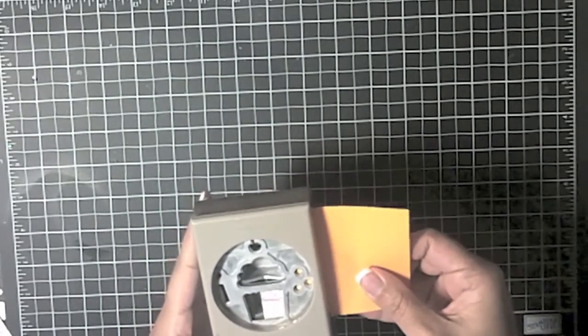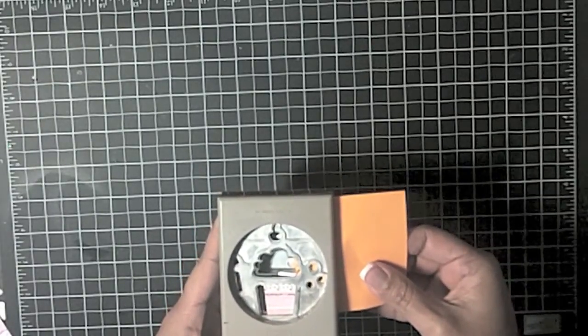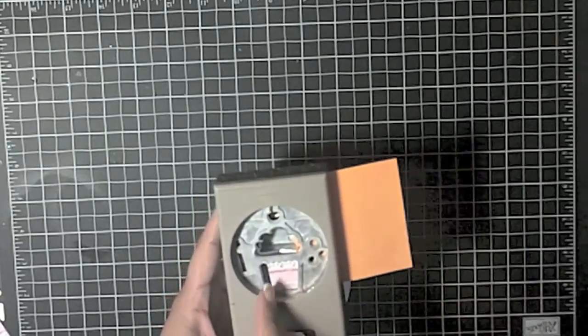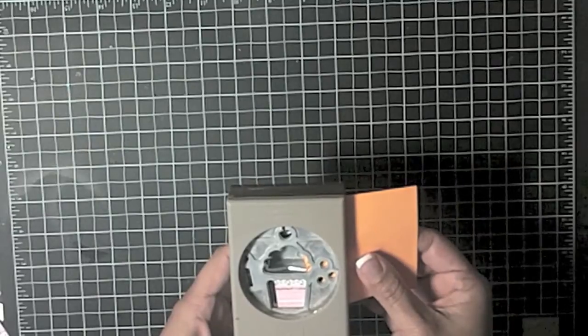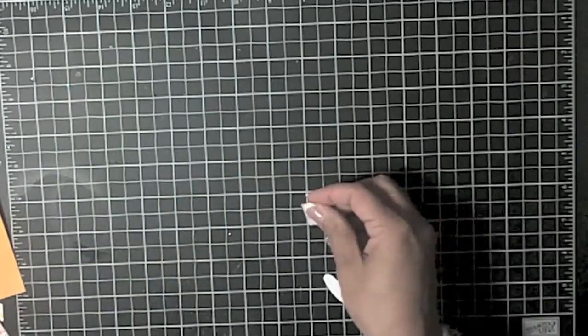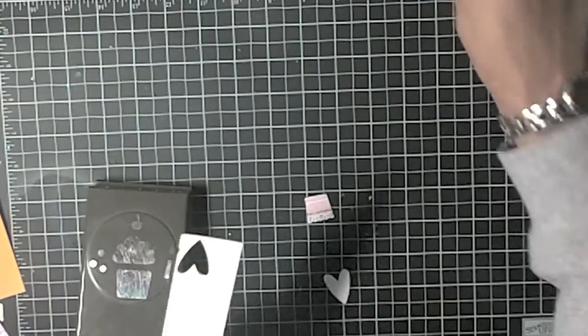And put it back in, line the scallops up like that, and just trim. All you want to do is trim one of them down. So you just put it in that far and punch it out. And now you have your little skirt. And you'll take a scrap of white paper,